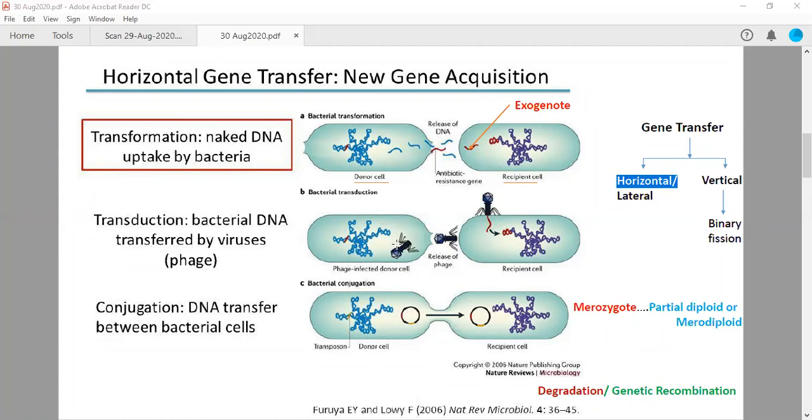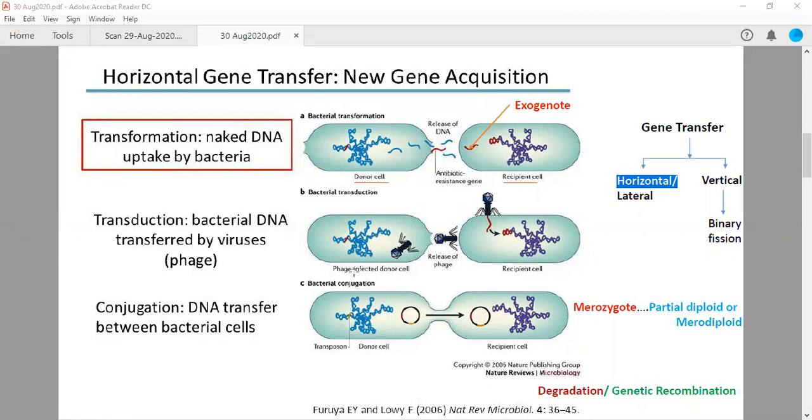coli cells. Also, P1 bacteriophage infects E. coli cells only, while P22 is found to infect the Salmonella species. So, with respect to bacterial cells, these phages or viruses are very specific. They are specifically infecting them. They are able to infect the bacterial cells. Therefore, they are called bacteriophages.